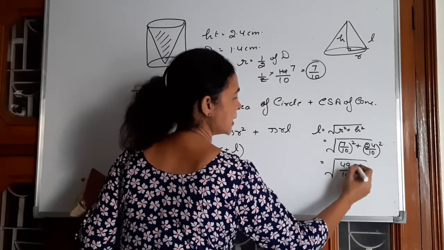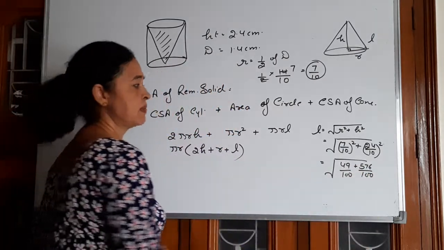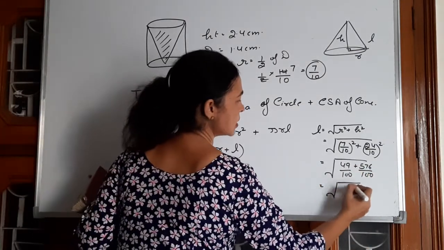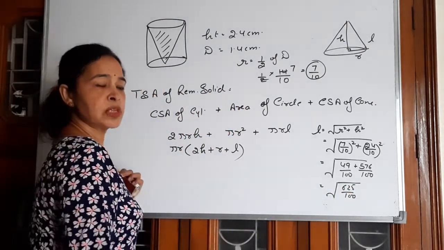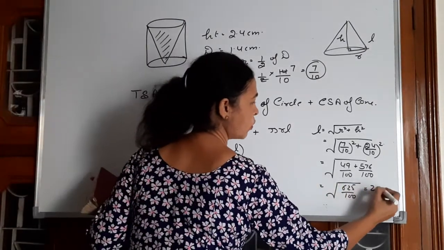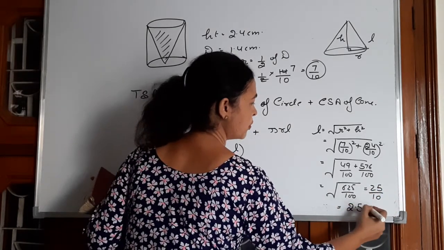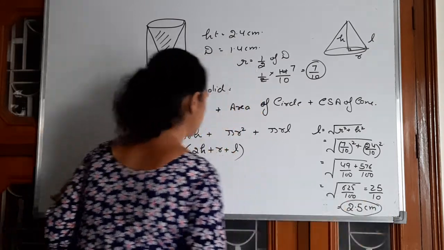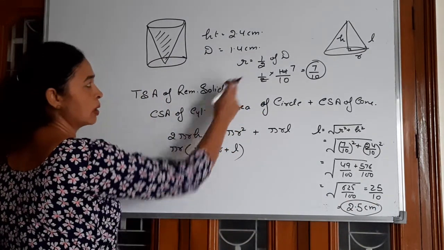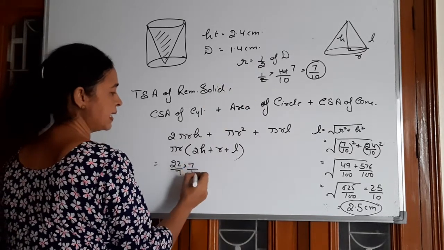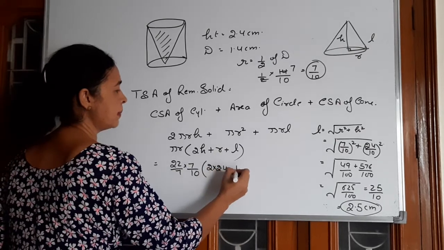This is 49/100 plus 576/100. 49 plus 576 is root 625/100. What is root of 625? 25. What is root of 100? 10. So what is the value of L? 2.5 centimeters. Clear? Now putting the values, 22/7 into radius 7/10, 2 into h, 2 into 2.4 plus what